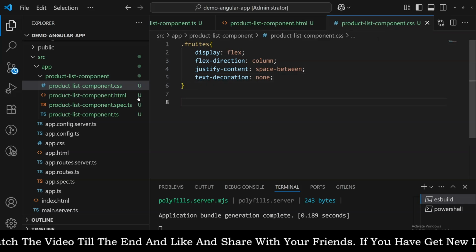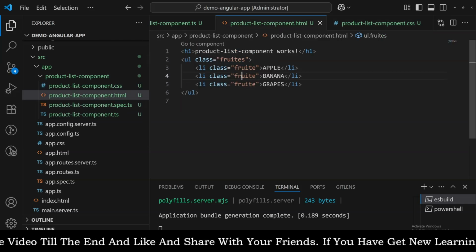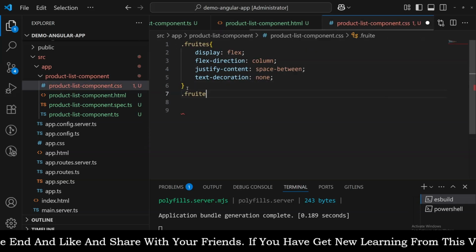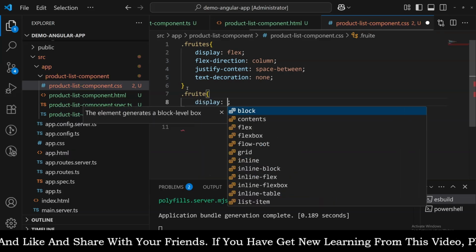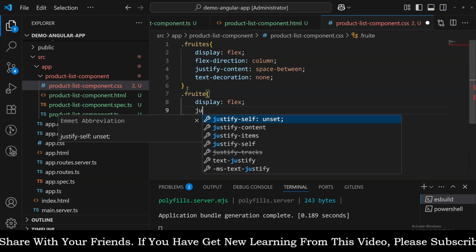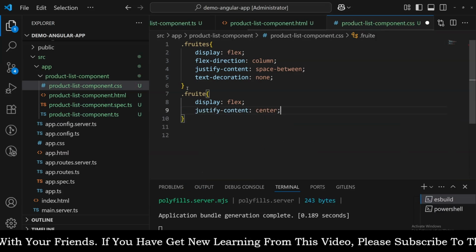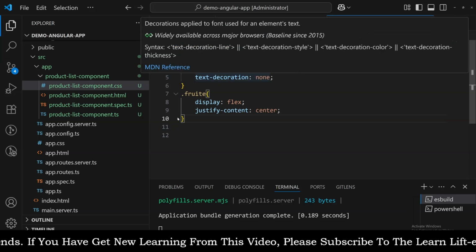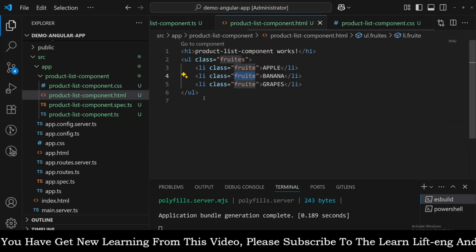Then the same will go with the fruit items. Let's say fruit display flex, justify content center, right? With these many properties, we have now updated the CSS and HTML part of it,